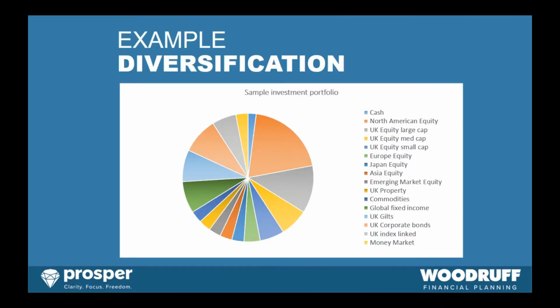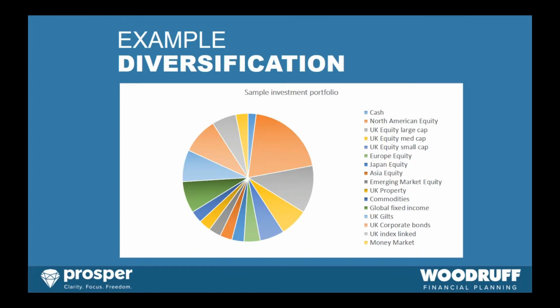Here's a brief example of an investment portfolio. You can structure this in many different ways, and different financial advisors will have a different example of how to diversify their portfolio. But you can see here on the right hand side a variety of different sectors where we invest your money. Carillion being a UK large cap company, if it's going to be in your investment portfolio, it would fall within this grey sector here. Depending on the risk you're taking, and whether you're investing for income or capital growth, you'll have a different spread of investments here.